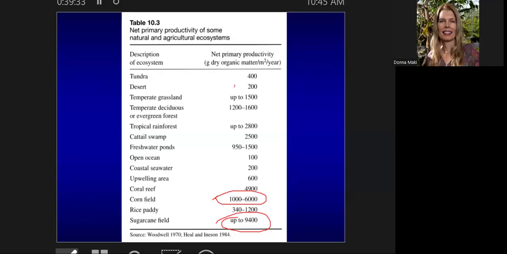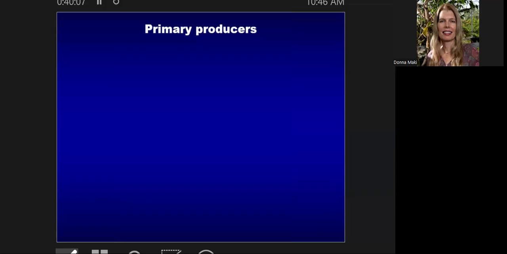Desert, on the other hand, quite low. Open ocean, just because of the dilution. You get out into the open ocean. So you can see some interesting ranges. Temperate grassland's pretty good. Our forests around here, the temperate deciduous, evergreen, pretty good. Then you think about deserts or open ocean and it's quite low. So definitely you see differences in primary productivity depending on the habitat and what types of microbes are found, and other organisms, of course, that do primary production.